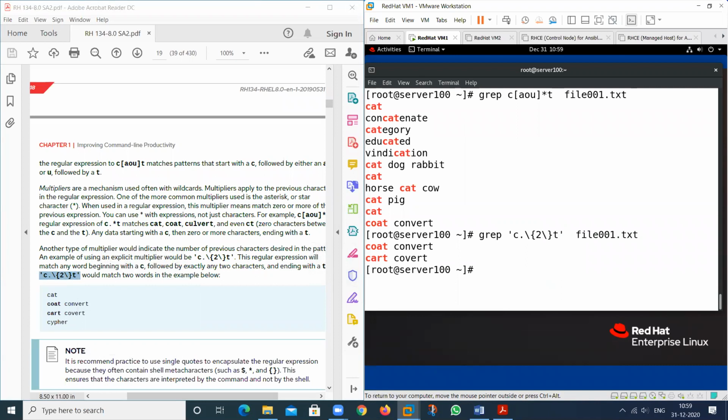Only those that start with C, then star, then this one. But I want this type of result only. This will print cat also, cipher also. This will, okay.